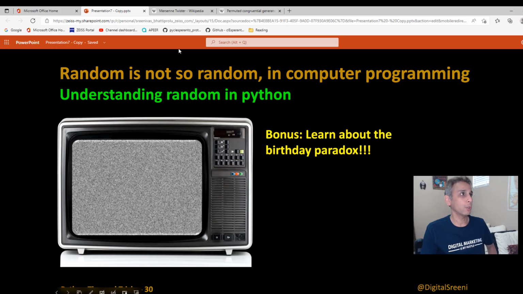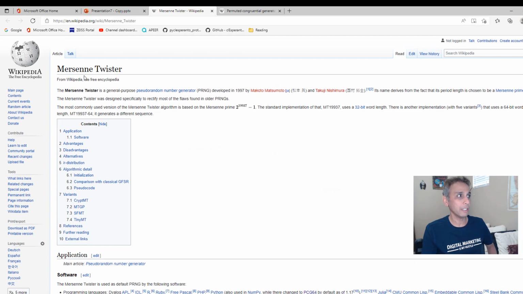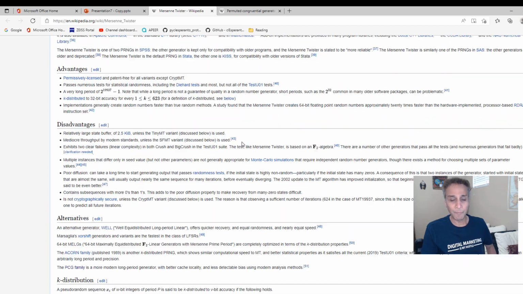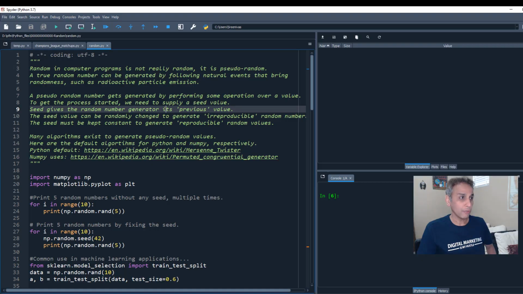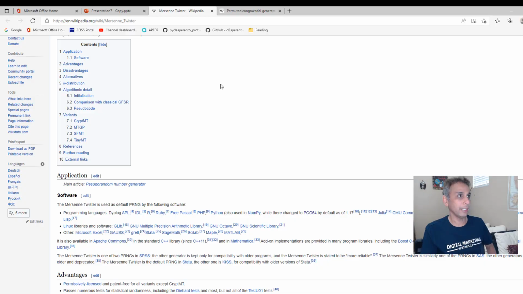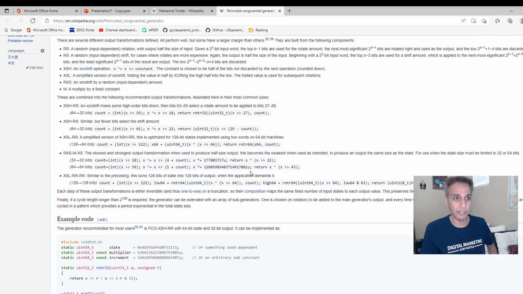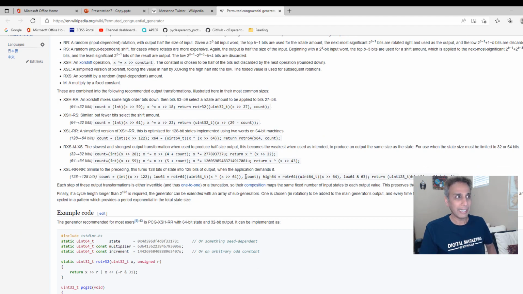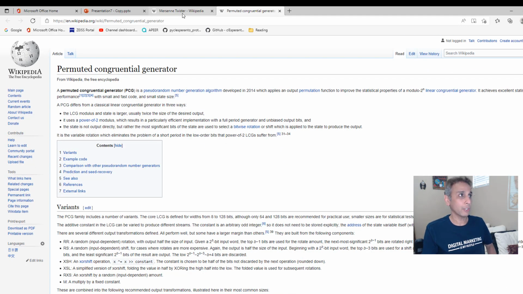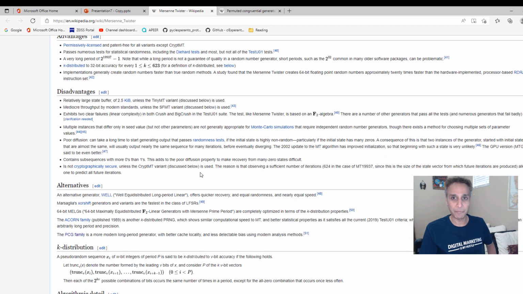So I have a page open right here for that program in Wikipedia. You can learn a bit more about this algorithm and how it works if you're interested in that. For this exercise, I am going to focus primarily on the Numpy version, like np.random. It doesn't matter which one you use, they're both equally good. And the one from Numpy actually uses the Permuted congruential generator, and you can read about it on Wikipedia if you are interested in learning more. These are very simple algorithms actually, so it should be a pretty nice English reading exercise for you if you want to read through these.